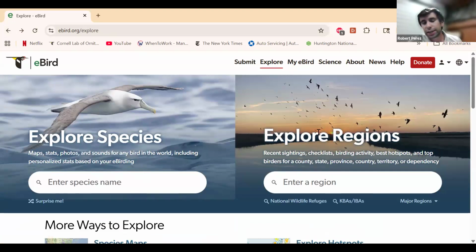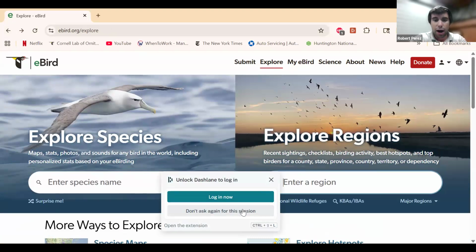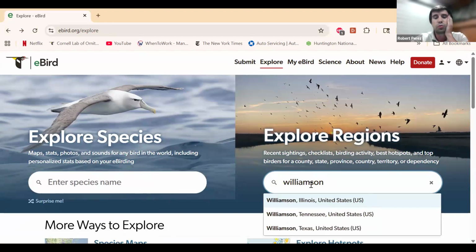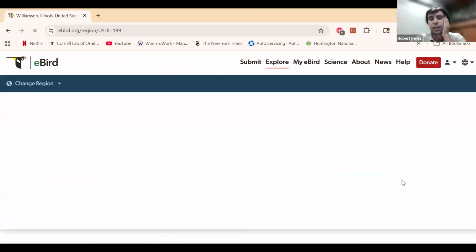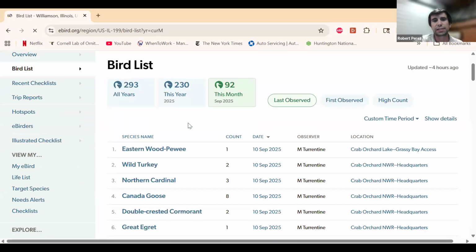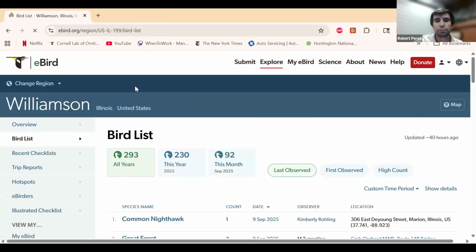Another useful area is Explore Regions. Like I said, when I go on vacation, I look up what species I'm gonna possibly see via eBird. So right now I am in Williamson County, Illinois. So I'm gonna type in Williamson County, Illinois. So we're gonna click on this. It's going to show me all the recent species that have been seen either this month, this year, or total